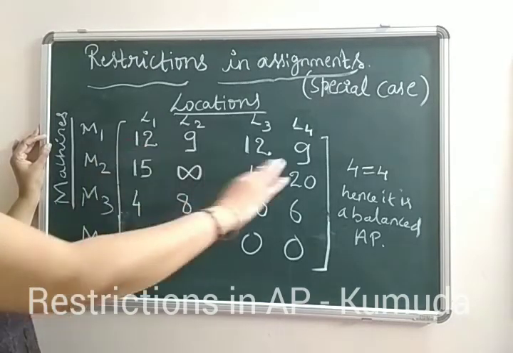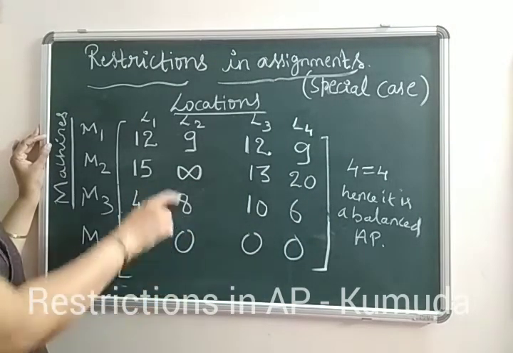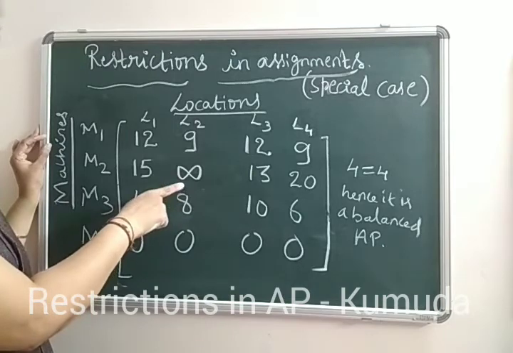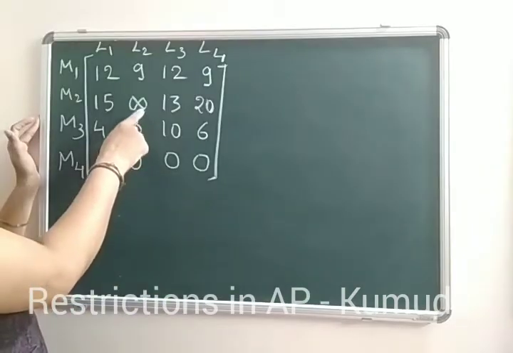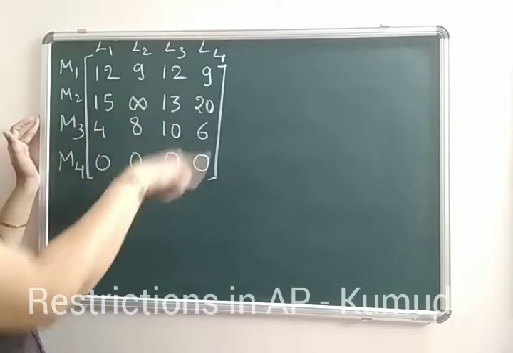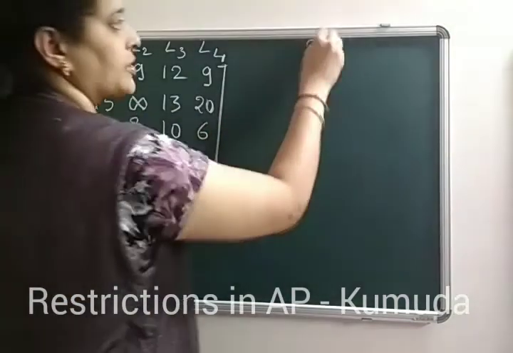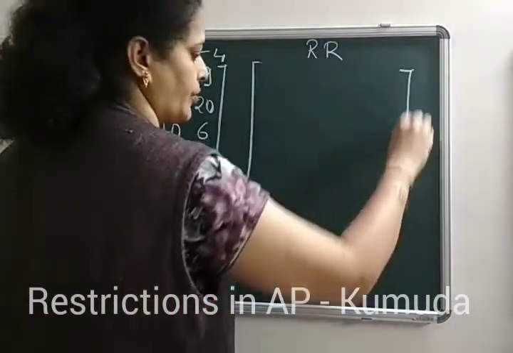So we are supposed to perform all the same operations as row reduction, column reduction, and the Hungarian method, leaving the particular situation called infinity. So after introducing the not suitable condition as infinity and introducing a dummy row, we have a balanced AP, and the first operation that we do is row reduction. So we are supposed to do the row reduction for it.